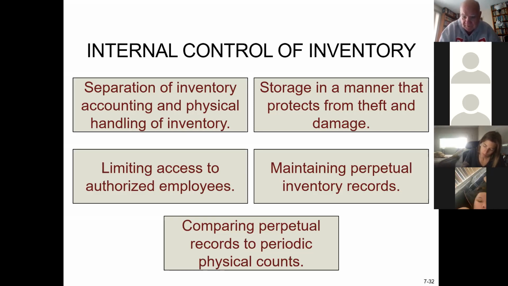Now, that doesn't mean we never count under a perpetual system. Under any perpetual system I saw, we did count once a year. A very, very formal inventory count where we shut the factory down for 3 or 4 days, and we carefully organized everything. We made sure we did all our cutoffs correctly in terms of goods coming in and out of the building. And we then compared those numbers to the perpetual. And if they were different, naturally, we had to adjust the perpetual and record a gain or a loss.